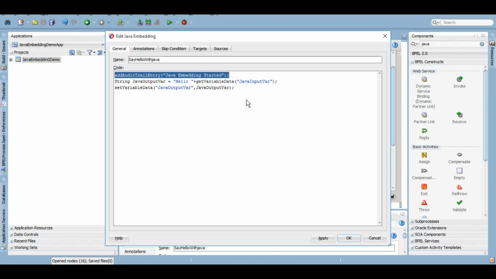So here the Java embedding started, here the Java embedding ended. And before setting it, if we want to see what we set over there, we can also do that. For example, we say something like this.